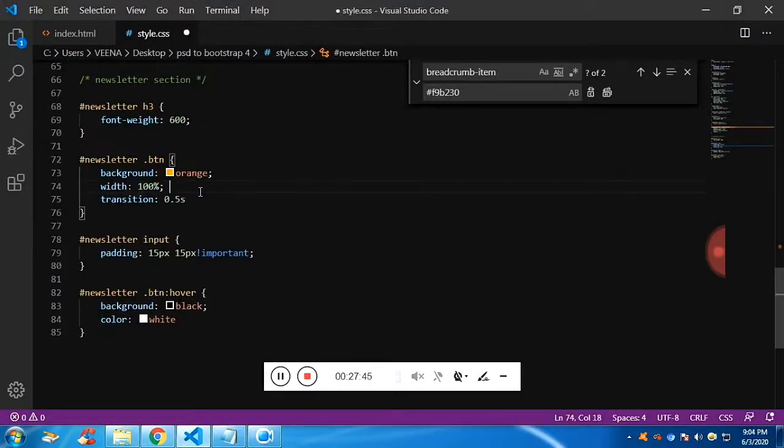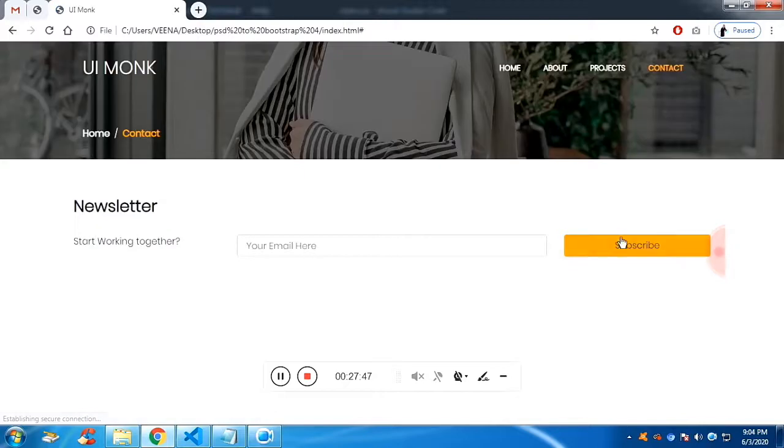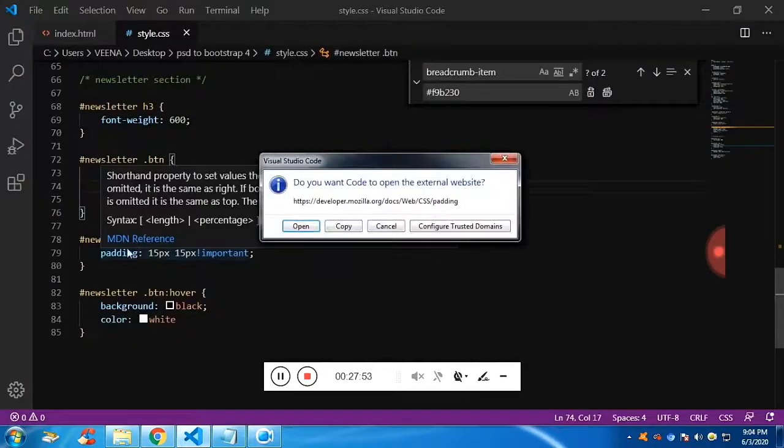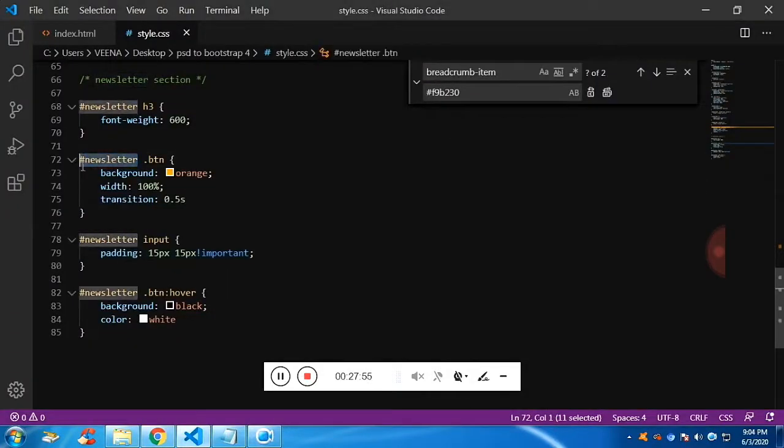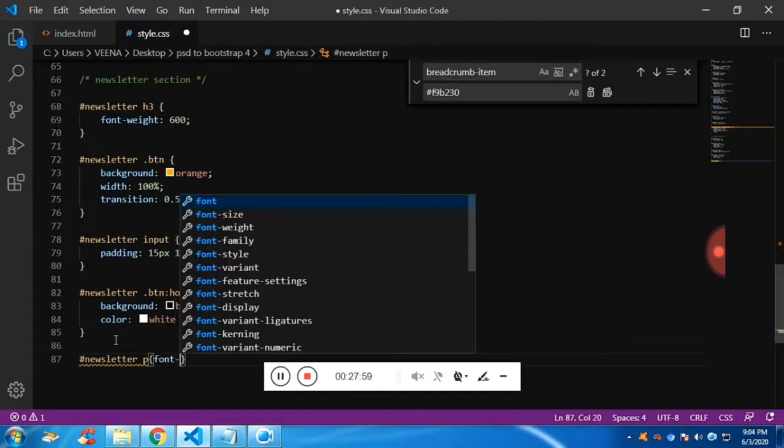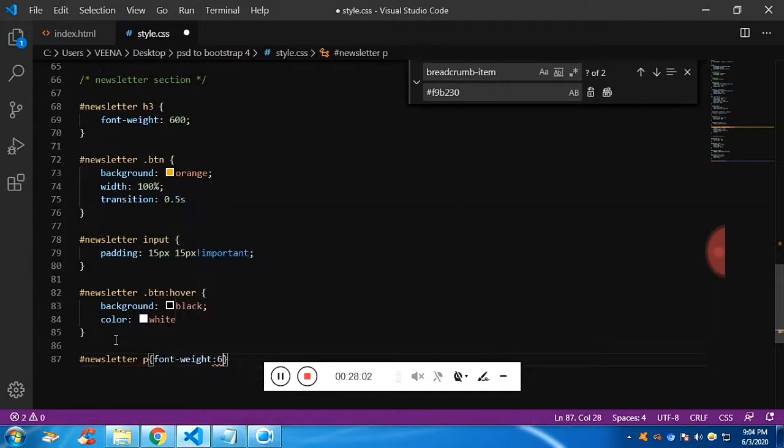Let me try to change its value. It's not working at all. Let me remove it. Fine. Now let's give the bold for the paragraph inside newsletter. Font weight, let's try 600 this time.